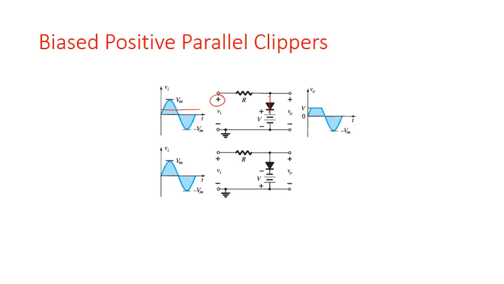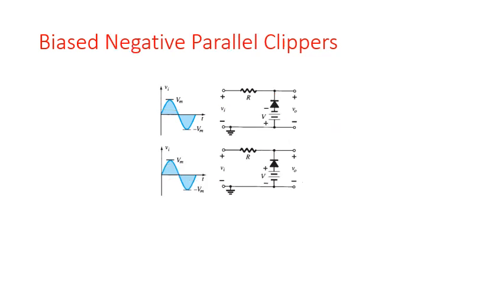In the next one, in the positive half cycle, the diode is forward biased, so it is replaced by a short circuit. V0 is going to copy minus V. So I'm drawing my minus V over here. And in the negative half cycle, V0 is going to copy Vi. It is a positive clipper, so everything that is on top is going to go away. Your output waveform is going to look something like this. The same thing again, you will have to write in terms of equations and solve, but since we've already written the equations before, I'm not going to do it again.